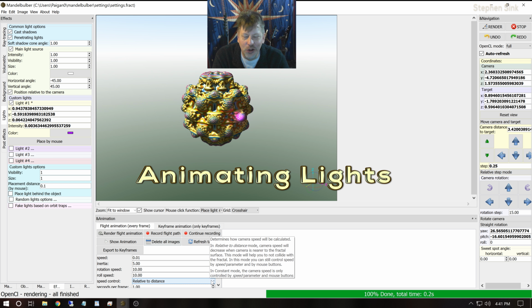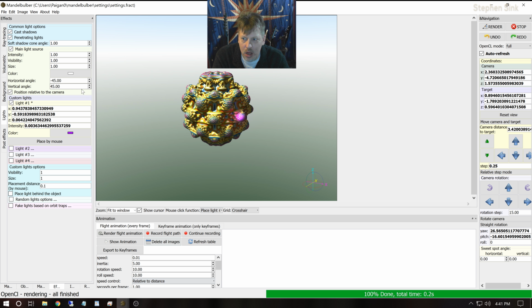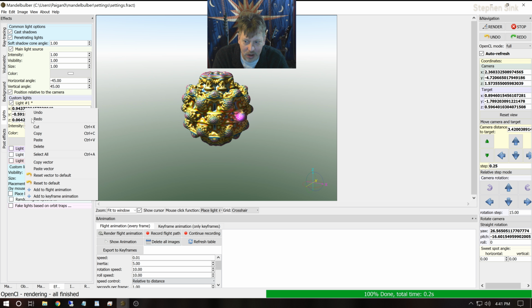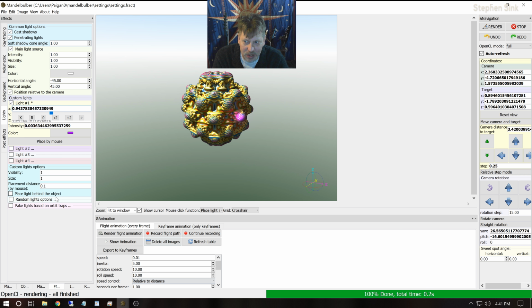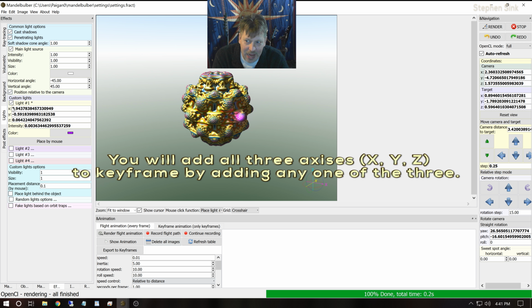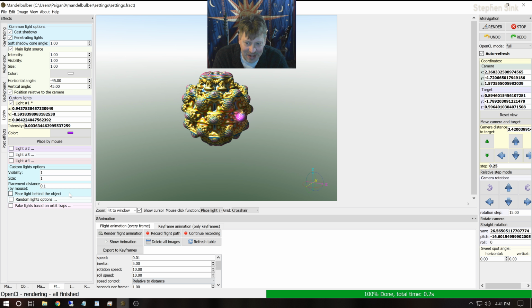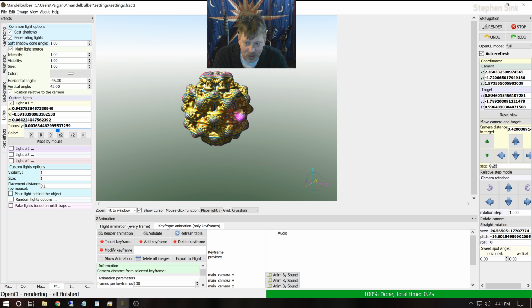All right, let's take a look at animating some of these features then. For example, any of these values where the light is right now can be animated. If we right-click on it, add to keyframe animation, we're going to add the parameters. We also want to add the intensity. Add to keyframe animation. And we'll do a quick, let's go over here to keyframe animation, add a keyframe, and